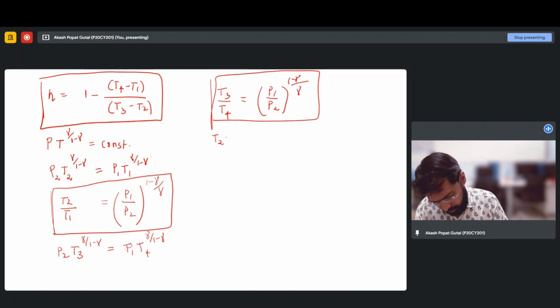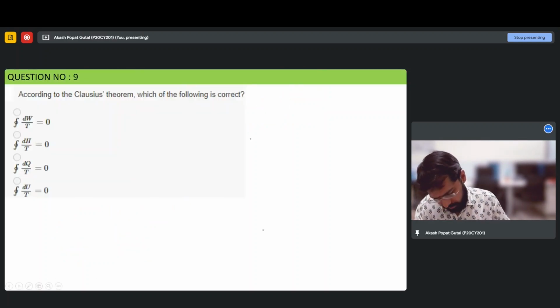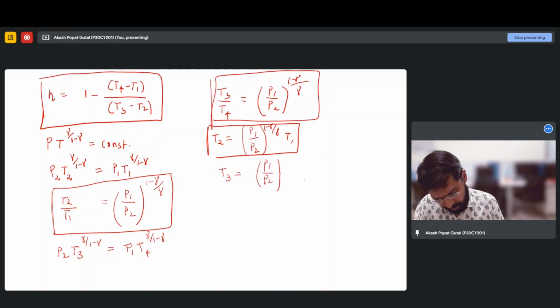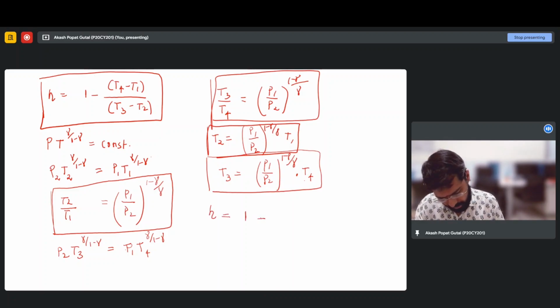We can say T2 is equal to P1 by P2 raised to 1 minus gamma upon gamma into T1, and T4 is equal to T3 is equal to P1 by P2 raised to 1 minus gamma upon gamma into T4. So we put these two in the above equation, we'll get eta is equal to 1 minus, let's put